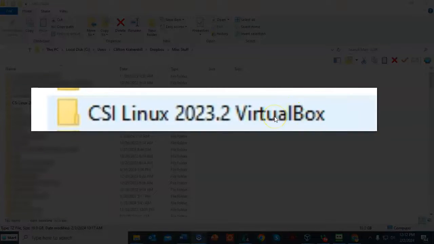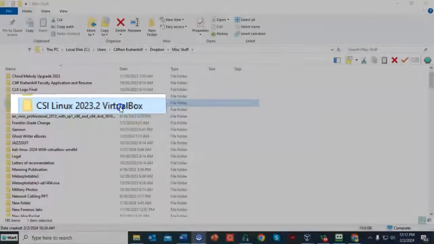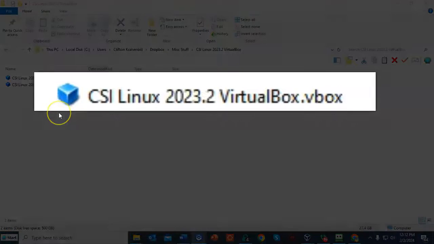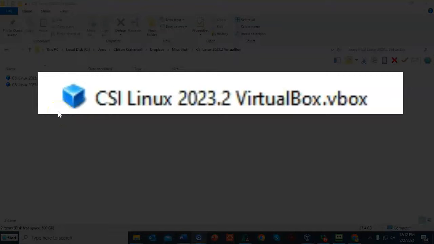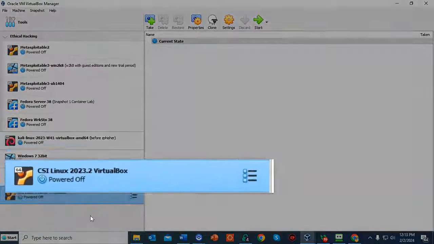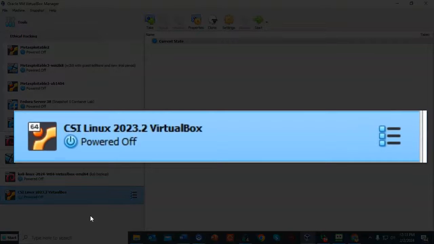Go ahead and find that folder and double-click it. Inside you're going to find two files. One is a VBox and the other one is a VMDK. Now, to begin the importation of CSI Linux into VirtualBox, all we have to do is just double-click the file with the extension VBox. Go ahead and double-click, and immediately the image for CSI Linux is imported into the VirtualBox